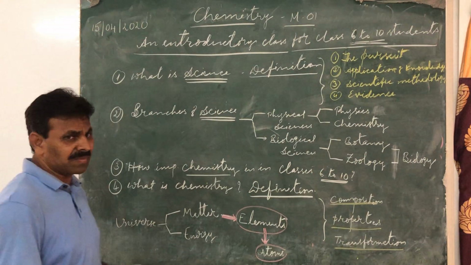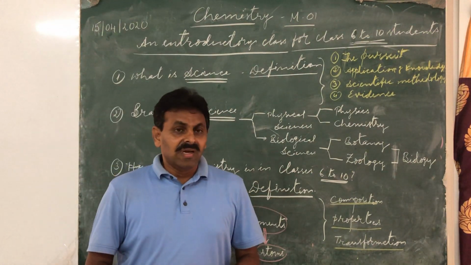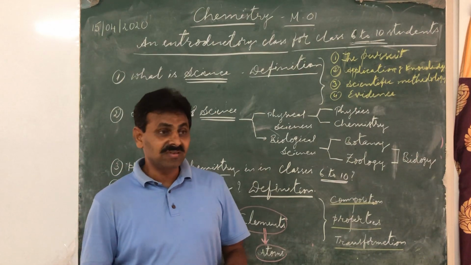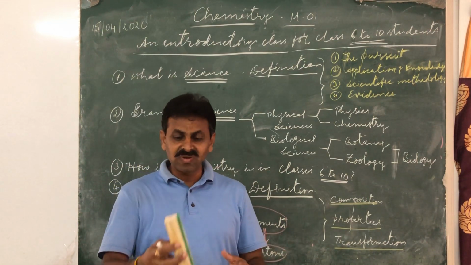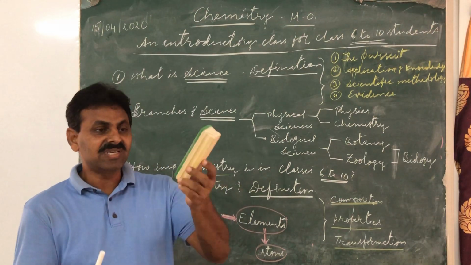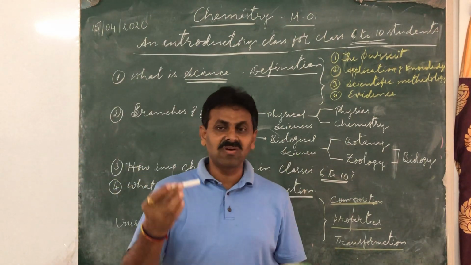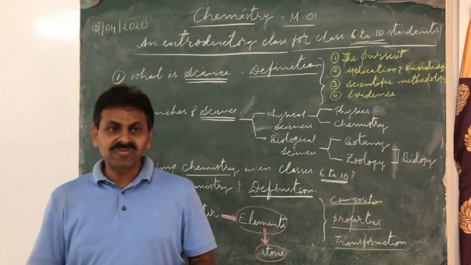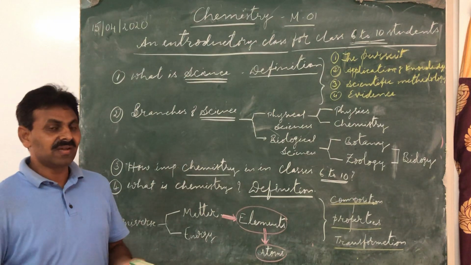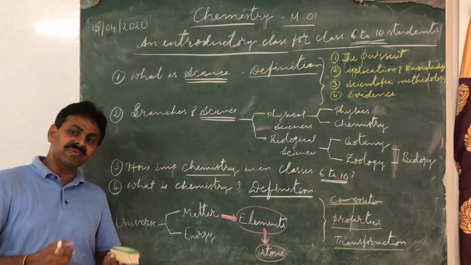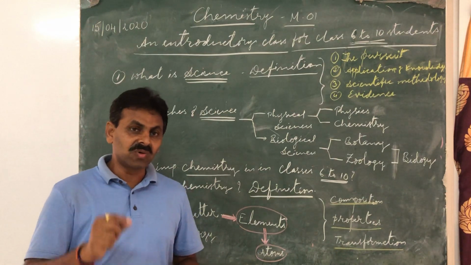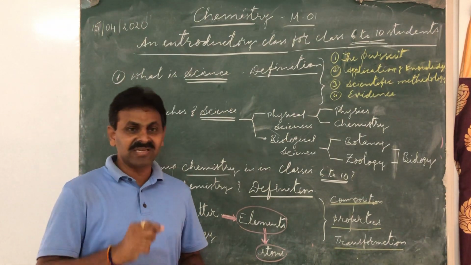Like for example, the first step is observation. So what do we do after observing? We'll try to compare with others. I observed this, so I'll try to compare this with this, whether it is big or small or heavier or lighter, whatever it may be. So observation, then comparison. That's what we call correlation. Then we do some experiments. So observation, comparison or correlation, then experimentation.